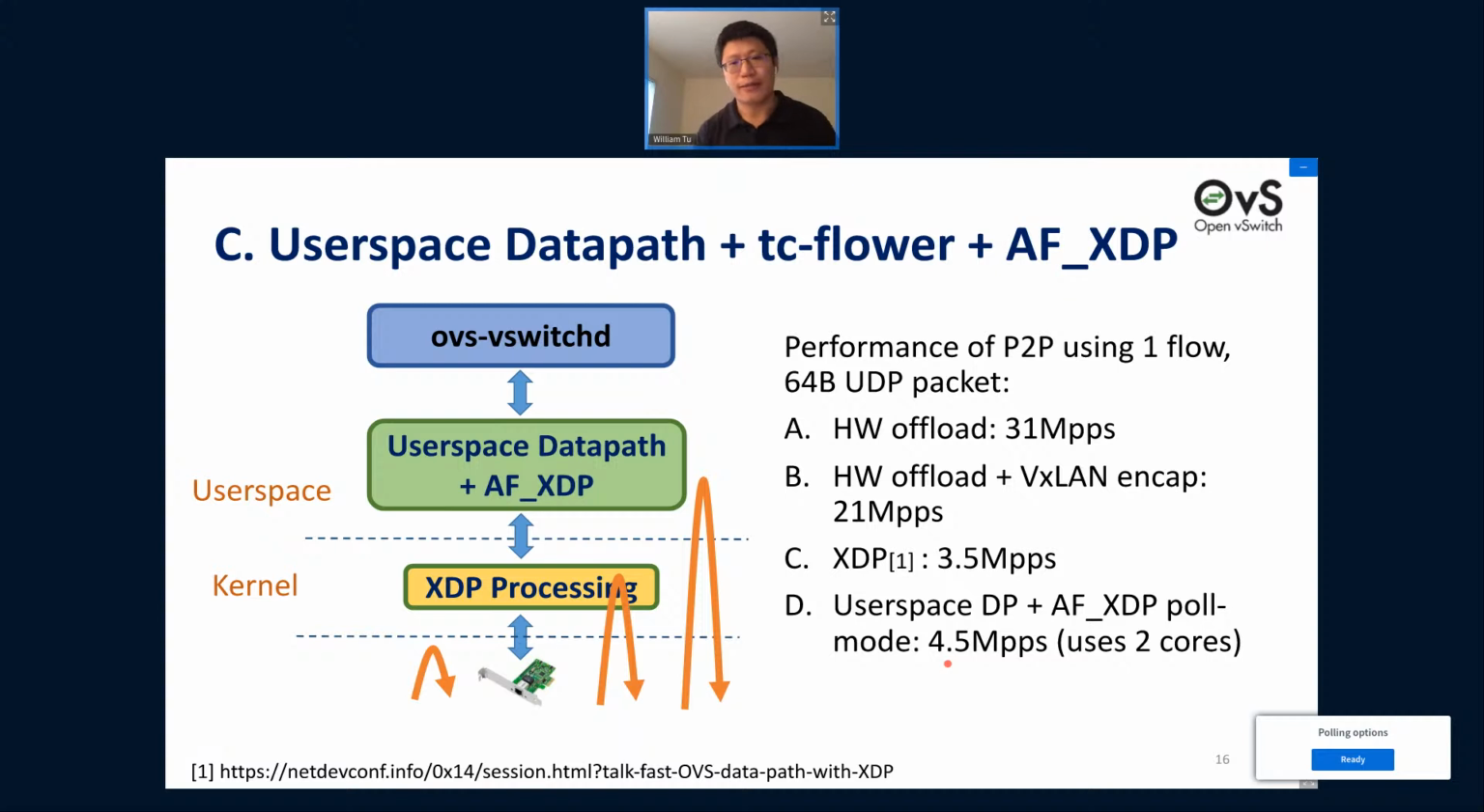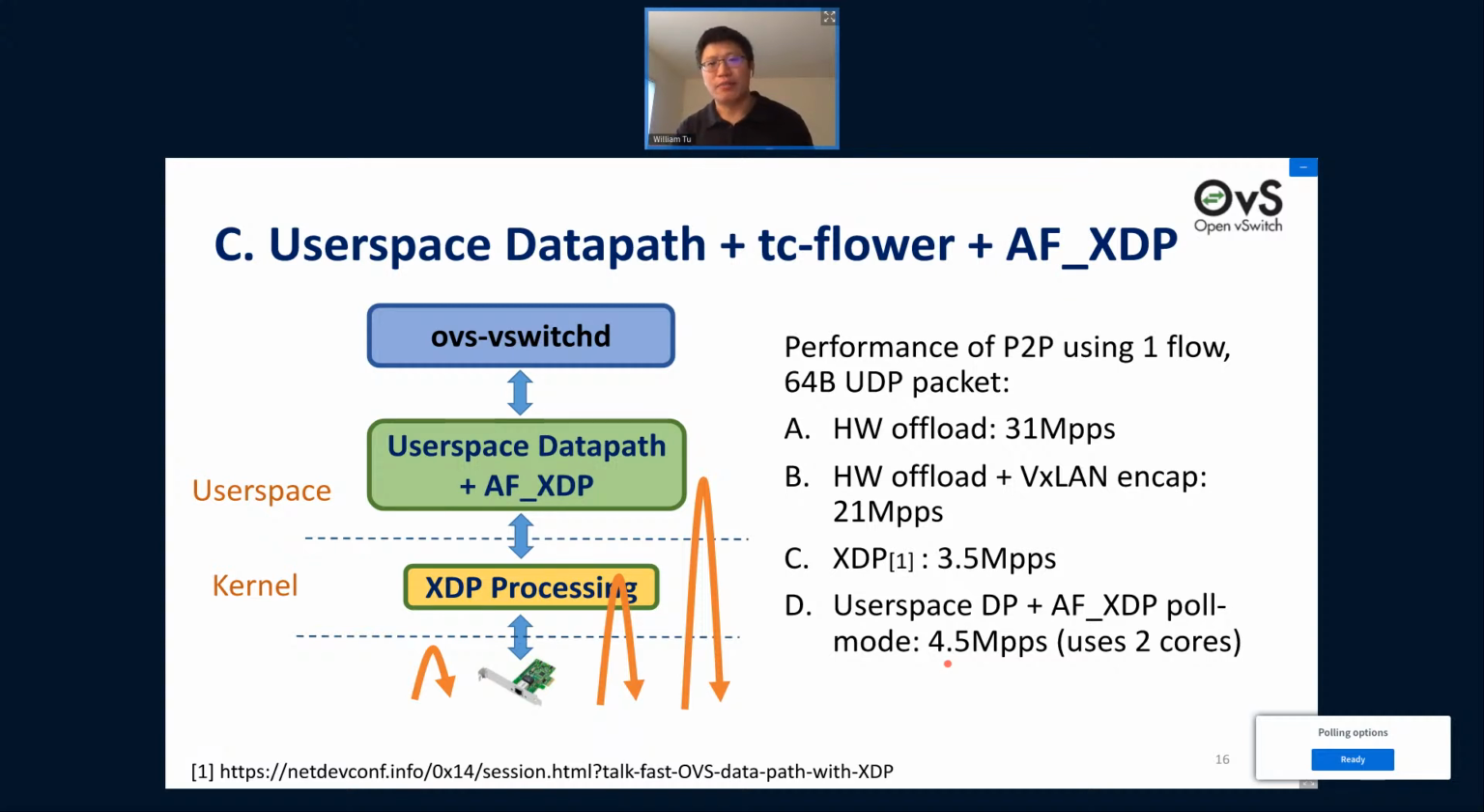25 gig NIC. And then if we program the hardware to do a little more, like if we receive the packet, then encap the VXLAN headers and then send it out, it shows around 21 million packets per second by doing it in hardware. So if let's say we hit something that cannot be processed in the hardware, then we fall back to the case